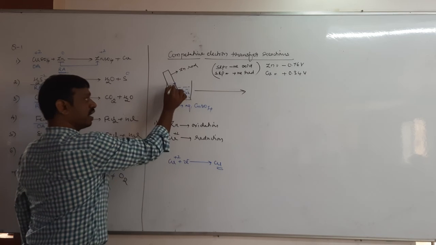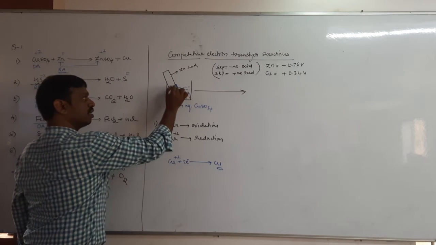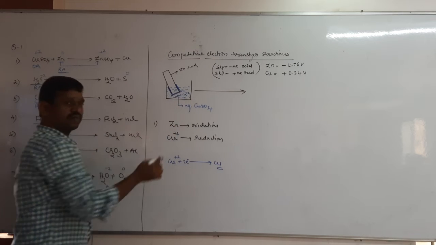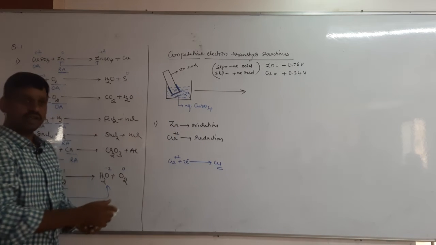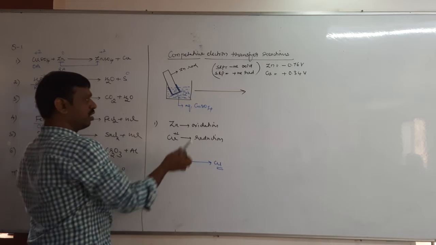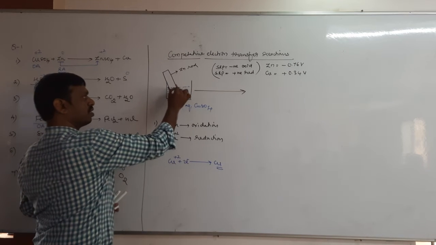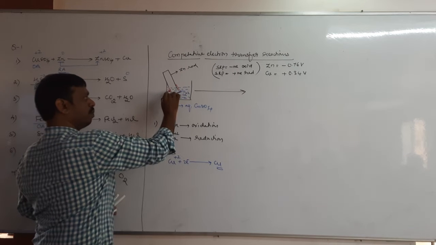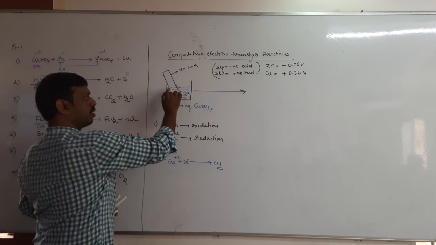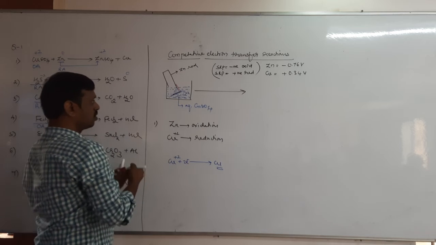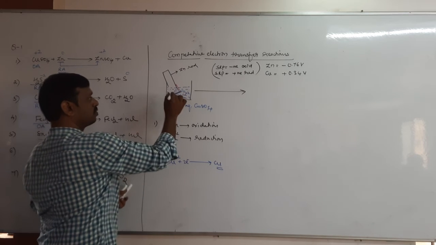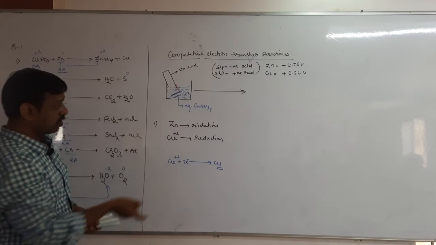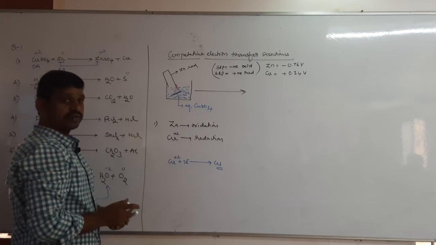The Cu metal gets deposited on the surface of the zinc rod. On the surface of the zinc rod you will get a metallic coat, actually copper is a metallic red color. A metallic red color coat will appear on the surface of the zinc rod. Next, what about zinc?